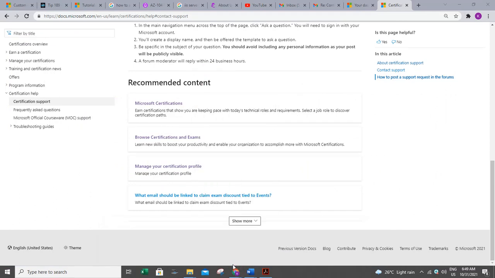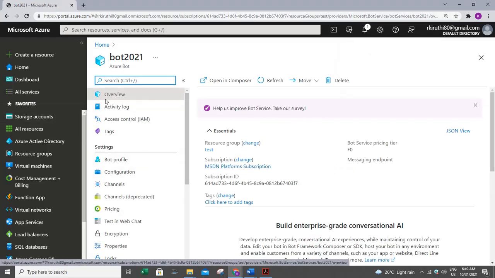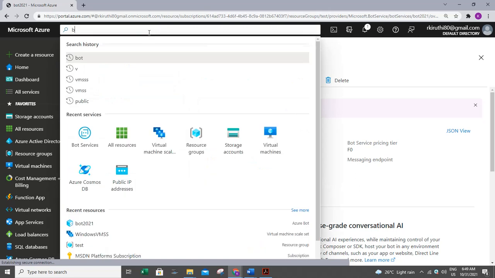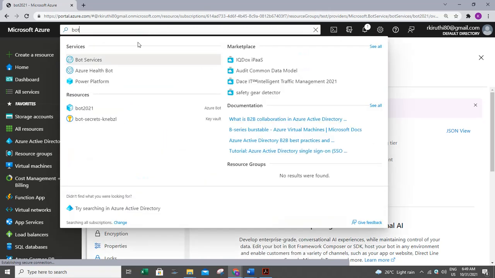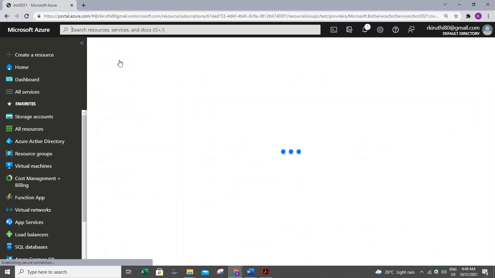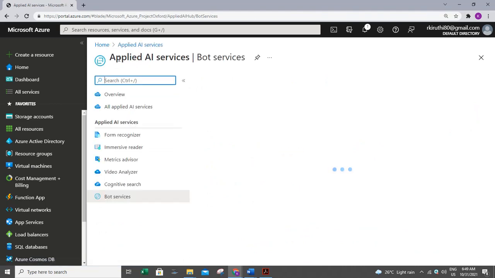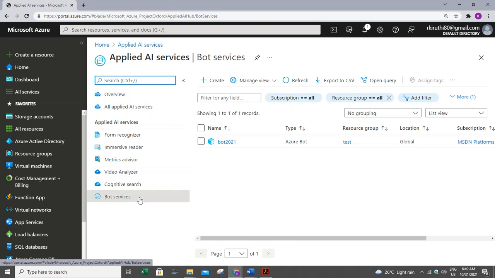For this one, I am going to my Azure portal, and if you search for bot services, we can get the bot services blade. In that, we can create a bot service.